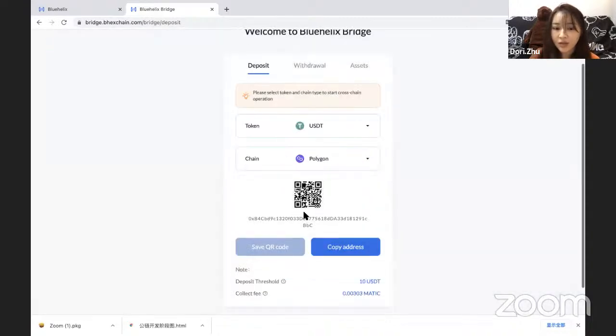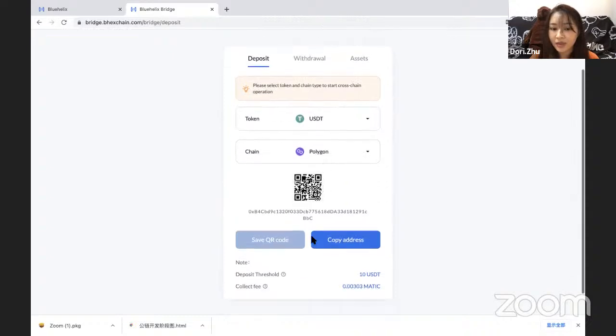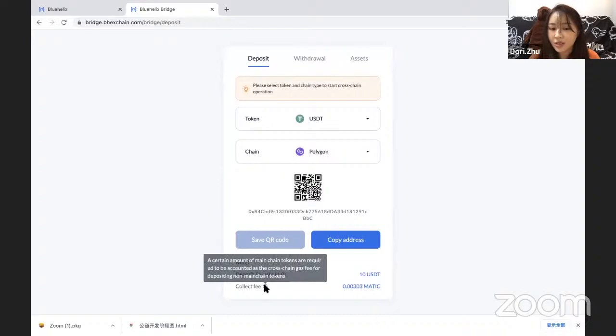And you can click here to get the address. The address is MPC based, multi-signature and independent for each user. It is an address on Polygon. So you can just deposit your USDT to this address. You can see this correct phase. These fees are generated from Polygon. It's totally transparent on the chain.